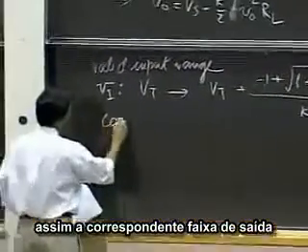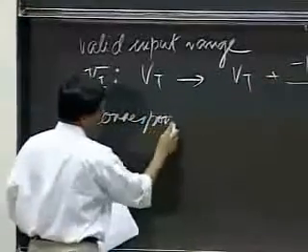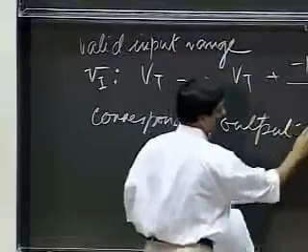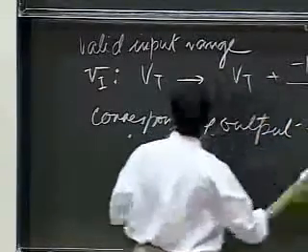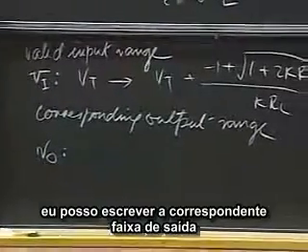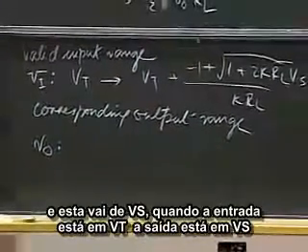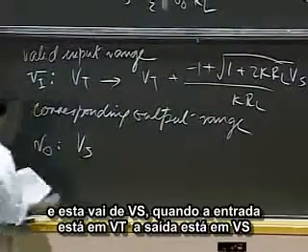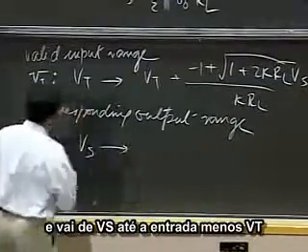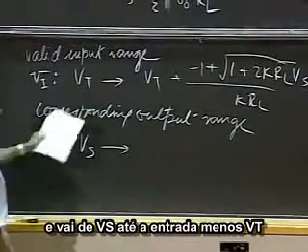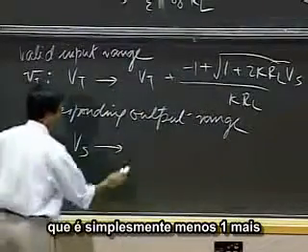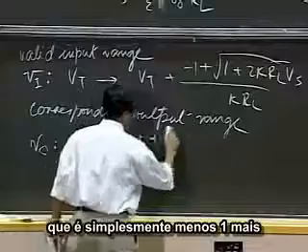I can write the corresponding output range, and that goes from VS. When the input's at VT, the output's at VS, and it goes from VS down to the input minus VT, which is simply minus 1 plus